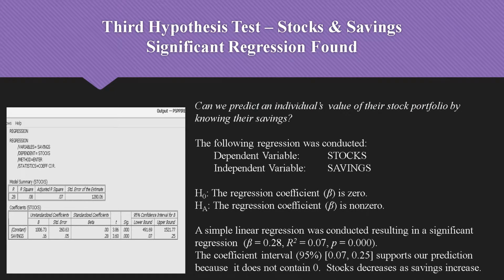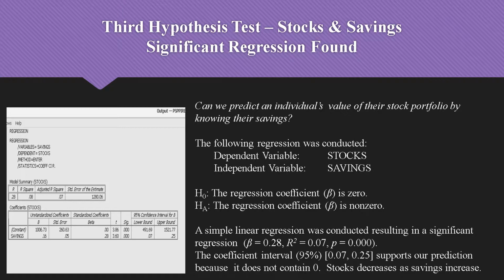Our third hypothesis test. The question is, can we predict an individual's value of their stock portfolio by knowing their savings? The dependent variable is stocks, and the independent variable is savings. Our regression test, as you can see to the left, was conducted, a simple linear regression, and it resulted in